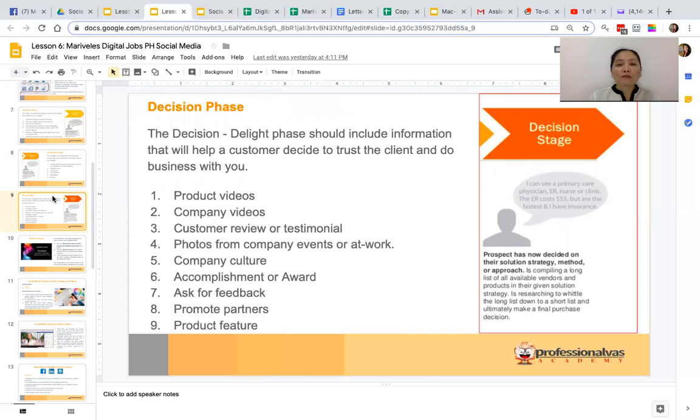Let's see. And for the decision phase, videos, product and company videos, is a great tool in making sure that your client would feel the need to buy now, not tomorrow, not never. So show them your company's culture, show them the purpose. Why are you selling that particular product? Why are you selling that particular service? Show them the purpose of your business. Show them the other side of you, or the other side of the company. If you have these social projects going on, you can do that too.